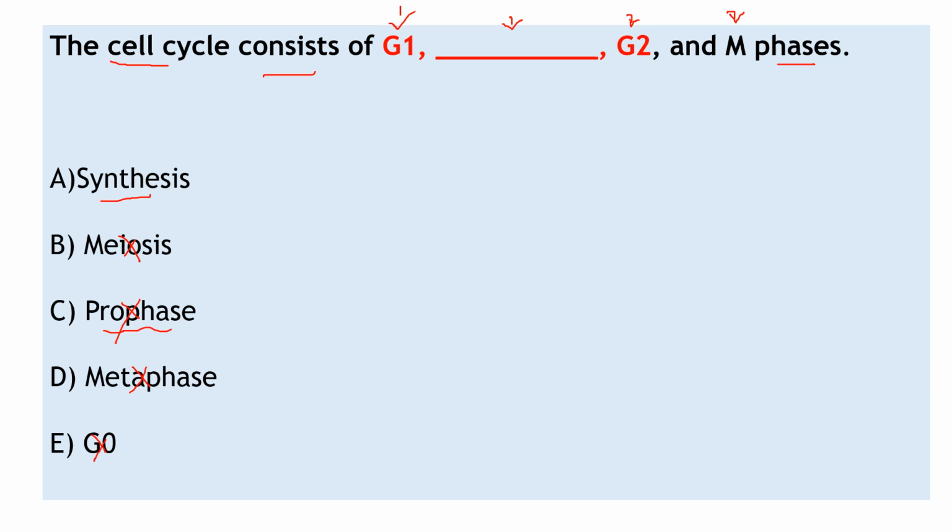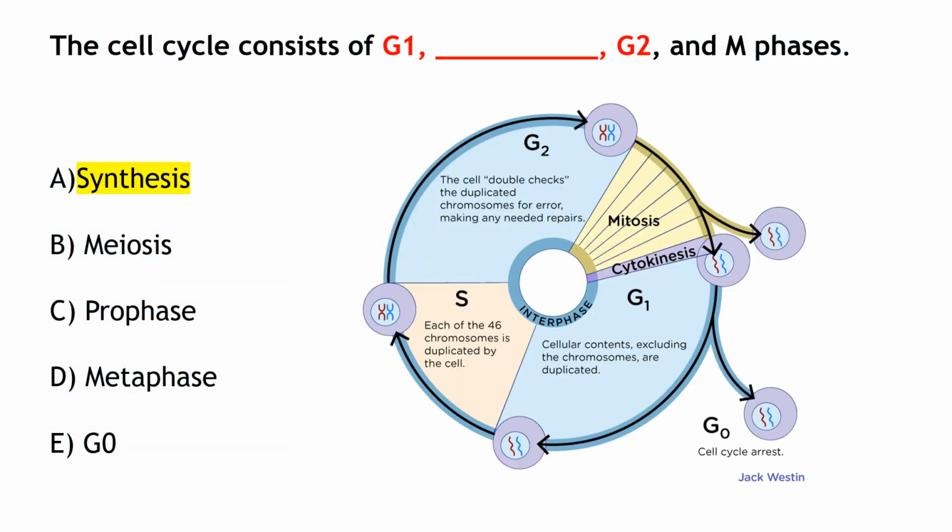So the best answer here, I'm sure that you know, is synthesis. That is the synthesis, the replication of the DNA. So here, as we said before, all of these steps are called interphase, and in the interphase you have these control phases, G0, G1, G2, and in between that you have this S, that is the synthesis where the chromosome is duplicated, and here you have